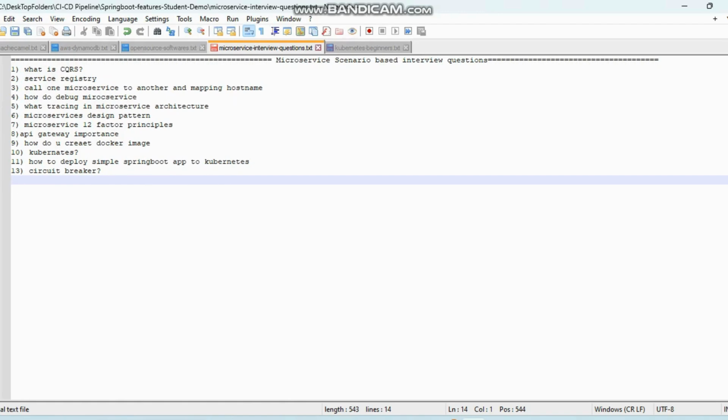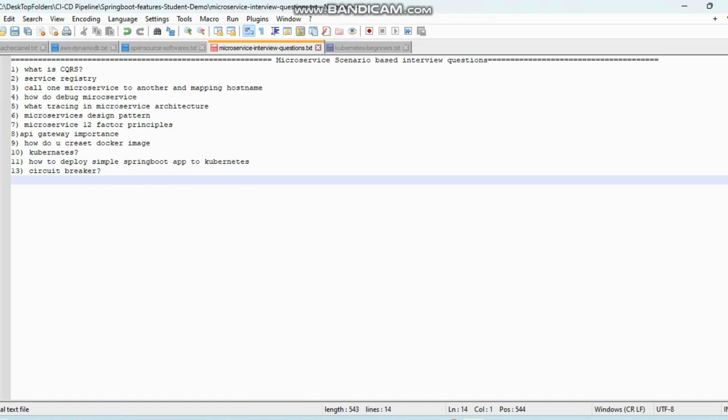And if you want a particular microservice request, a request ID will be there, which is unique for every microservice, right? So this is how we are tracing microservices. For tracing we are using Micrometer. Prior to that we were using Sleuth. Now we are using the Micrometer dependency for tracing the microservices, right? And then microservice design patterns. If you go through the internet, you can get multiple things. There are multiple design patterns, right?